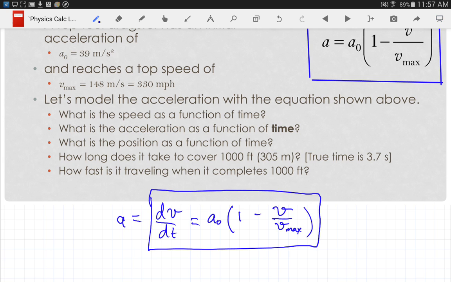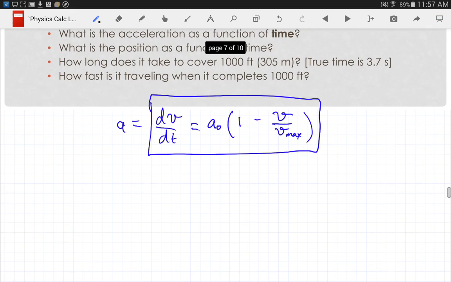Okay. The name for the step is separation of variables. We need to multiply both sides by dt so that we have the d's on top on both sides. And then we need to rearrange so we have only v's on one side and only t's on the other. There are a lot of ways to do this, but I'm going to go through what looks like a little extra work just to make it easiest for us. I'm going to write this as dv equals dt times